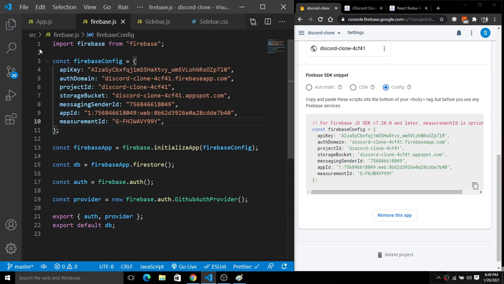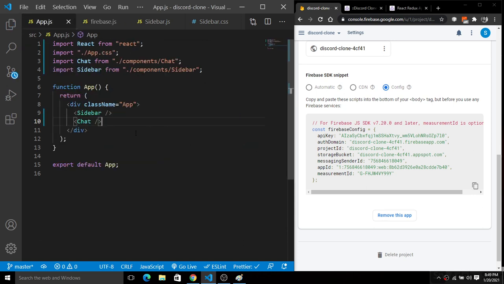Now save this. Let's go to your app.js. Inside this app.js we are going to do all the authentication stuff here. So basically we will create a user authentication here. How are we going to implement these things inside here? Let's go to your app.js, and inside of this app.js we are going to use the ternary operator for these things to happen.